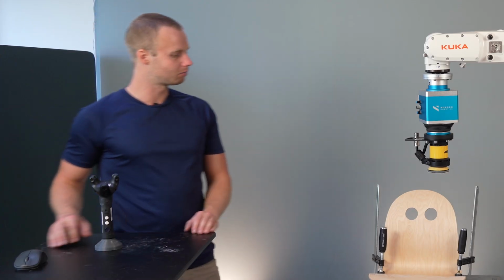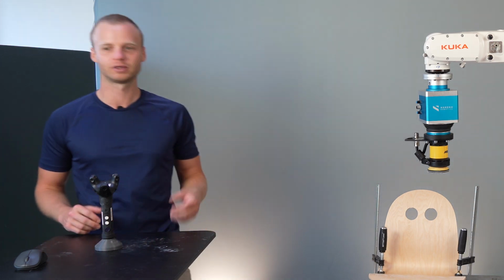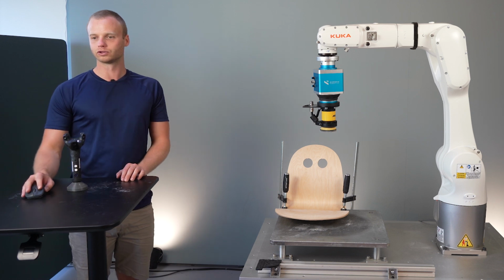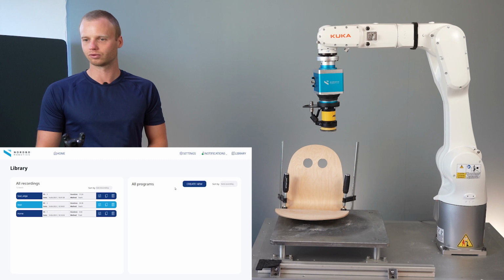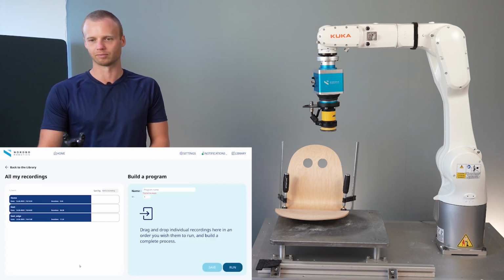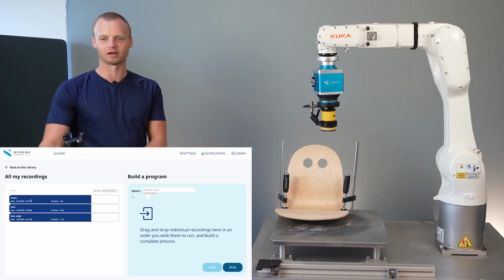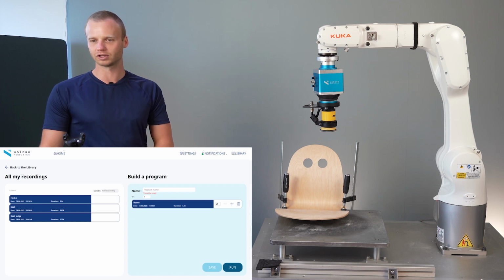Now that we have a couple of recordings for our chair here, we can put these recordings together in a full program. If I go to my library here, I will have all of my recordings listed on the left side, and I can go and create a new program from these recordings. I cheated a little bit and made a home position off camera. So if I put that in first, and then I want to work on